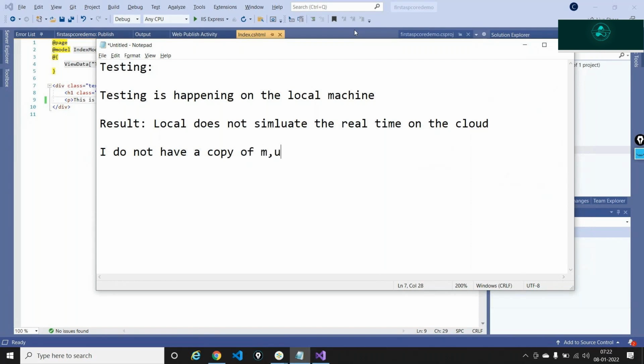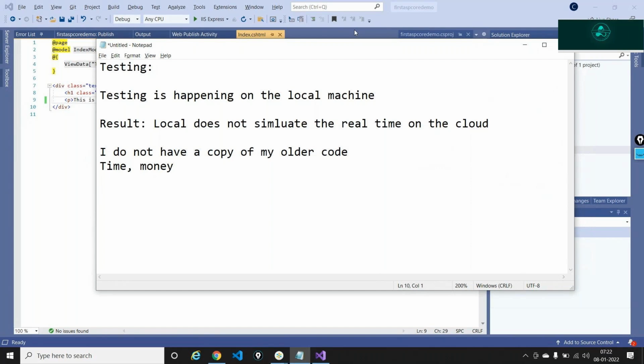And so I have to revert back. This will take a lot of time, and it will basically cost me a lot of money, and I will tend to lose my business.